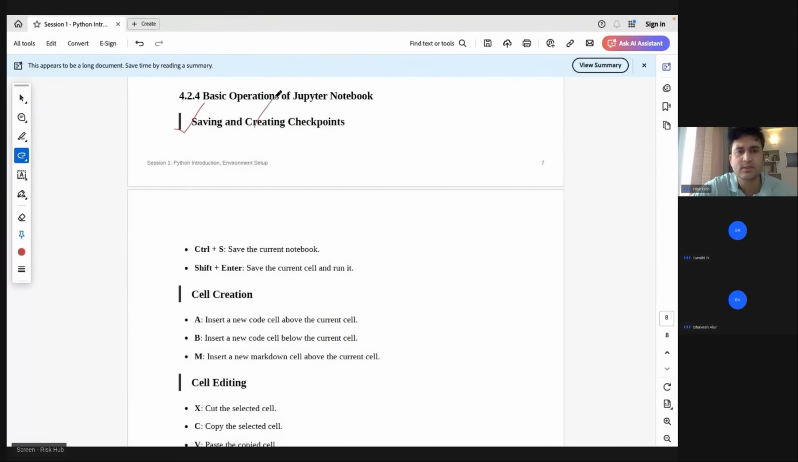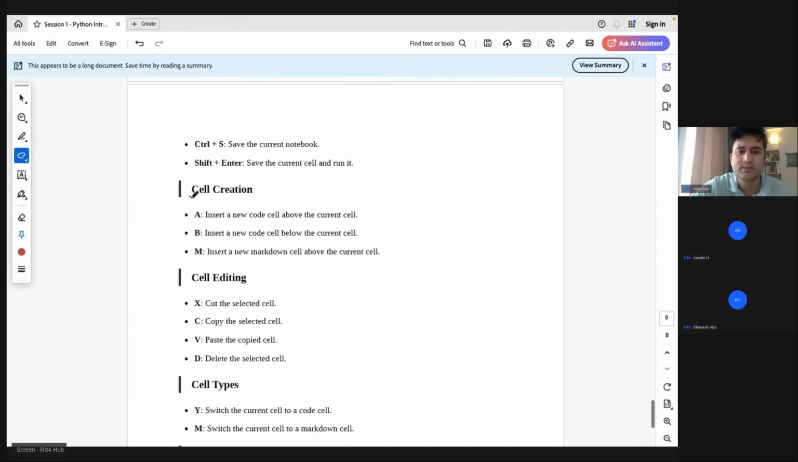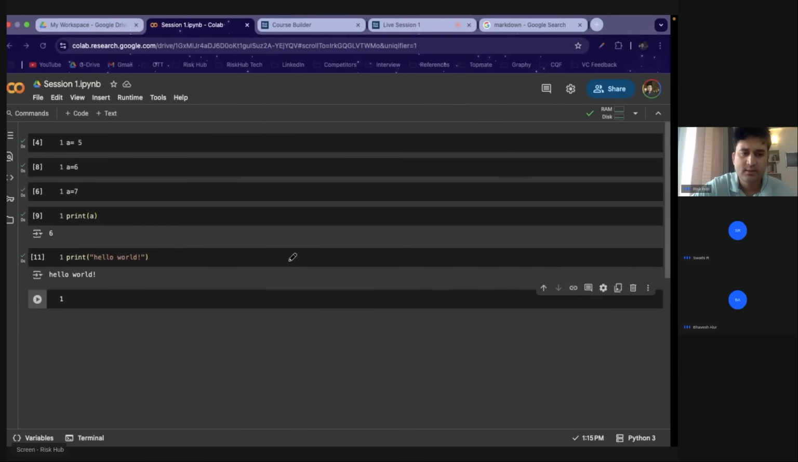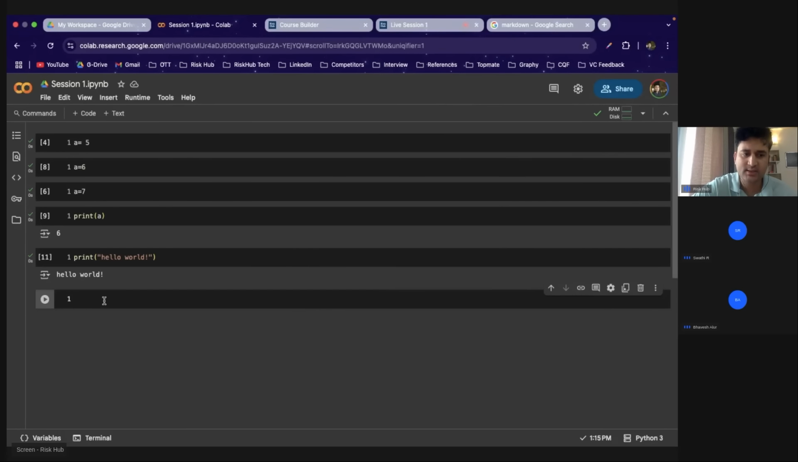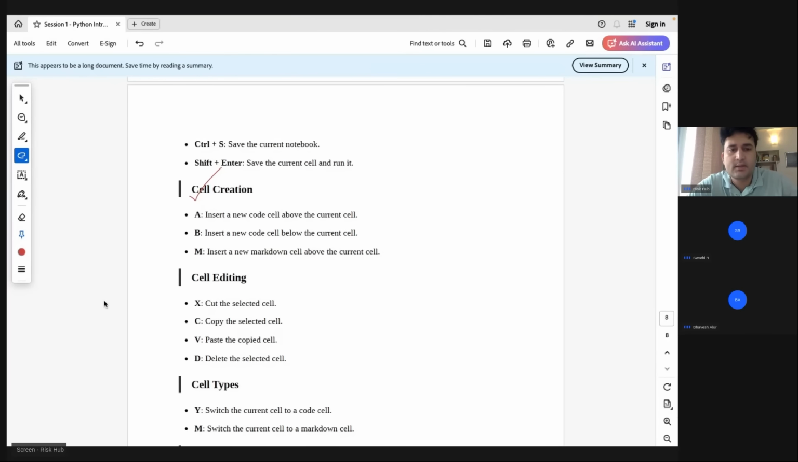Now next is cell creation. So A and B: A creates a new code cell above the current cell, and B creates a new code cell below the current cell. Now, if you are here in the new cell, right? So